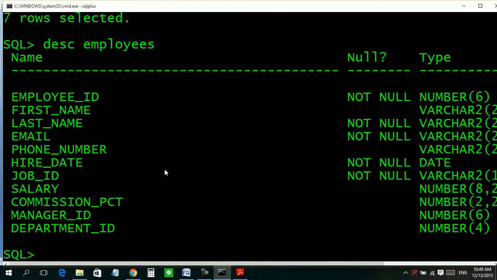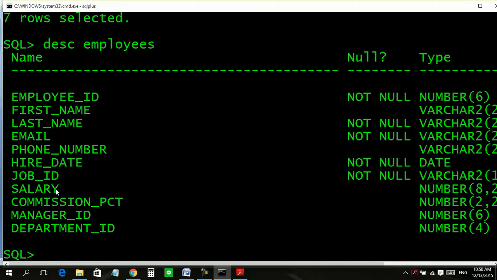Look, this is the employee table. We have many columns here: employee ID, first name, last name, email, phone number, hire date, job ID, salary, commission percent, manager ID, department ID. The email, phone number, job ID and salary are private. I don't want to share them with everyone.